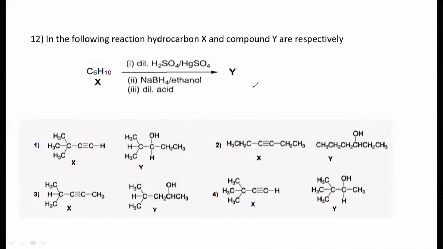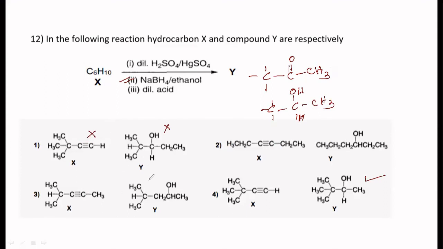Fine. So here, first one you take. I was explaining like this. These three CH3 groups and hydration happens here. So you will get enolization, C double bond O, CH3. This is what you get. Now when you use sodium borohydride and dilute acid, you are going to get a secondary alcohol here. These three are there. This becomes COH, this hydrogen and CH3. So your product has to be this and not this. Therefore this is ruled out. X is okay, but Y is not the compound.